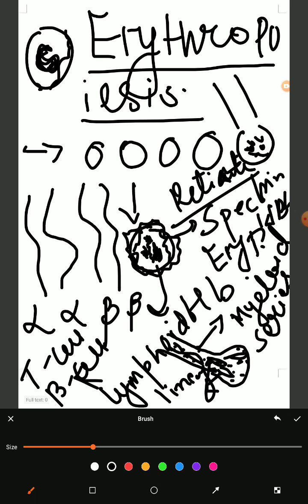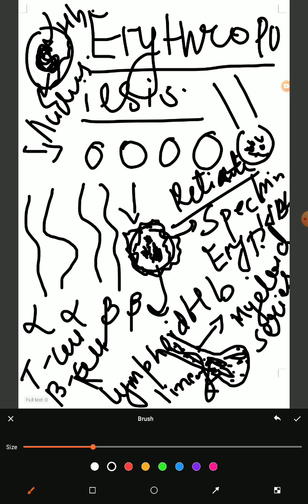Initially, for example in the proerythroblast cell or in different stages of the erythroblast cell of this myeloid series, it contains a nucleus, and now this nucleus is going to be shed out from the RBC, and that is going to be replaced by hemoglobin. So incorporation of hemoglobin takes place in the different stages of the erythroblast cell